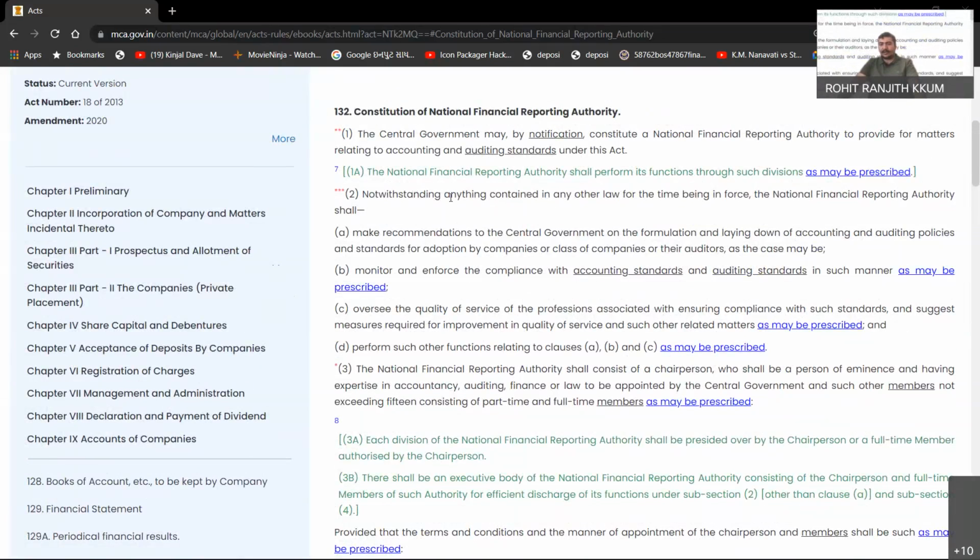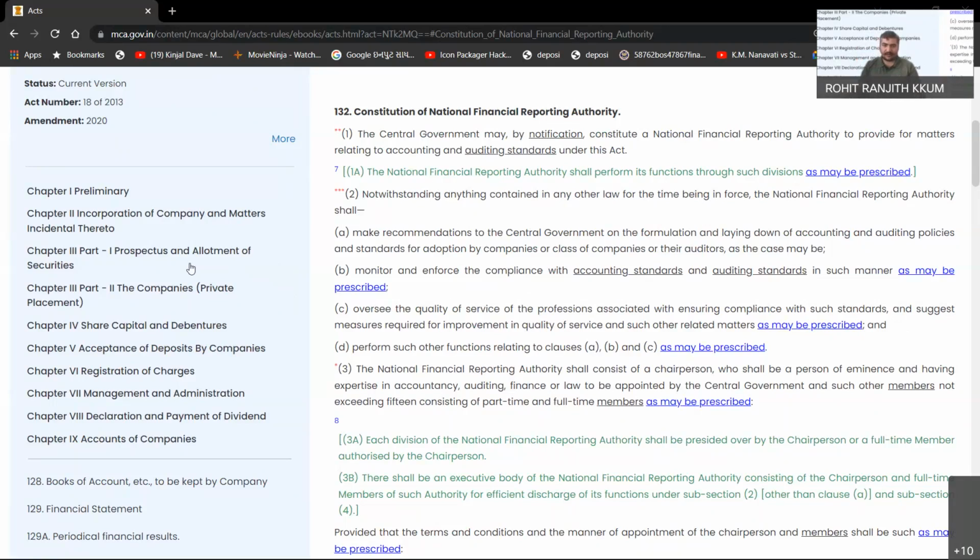That notwithstanding anything contained in any other law for the time being in force, the National Financial Reporting Authority shall make a recommendation to the central government on formulation and laying down the accounting and auditing policies and standards for adoption by the companies. So guys, subsection 2 empowers the NFRA to recommend the central government what kind of new accounting or auditing standards should be prepared for the company. So earlier this power was with whom? Earlier this power to recommend central government what kind of accounting standards should be prepared, should be implemented, it was the power of ICAI, but now, guys, it is taken over by